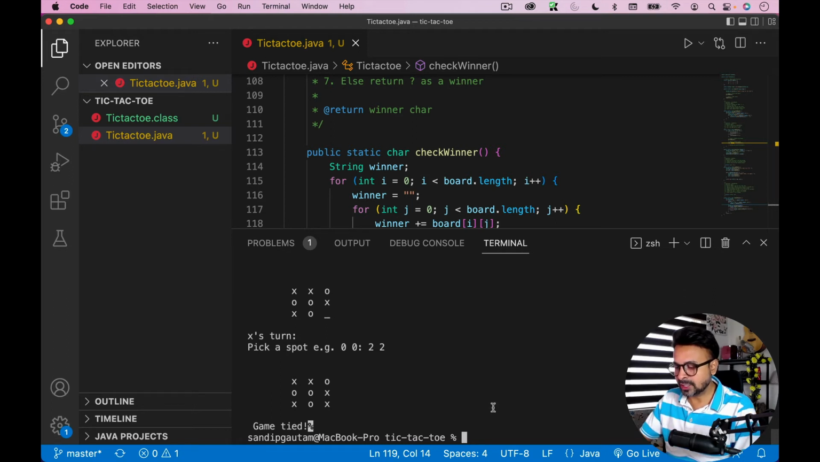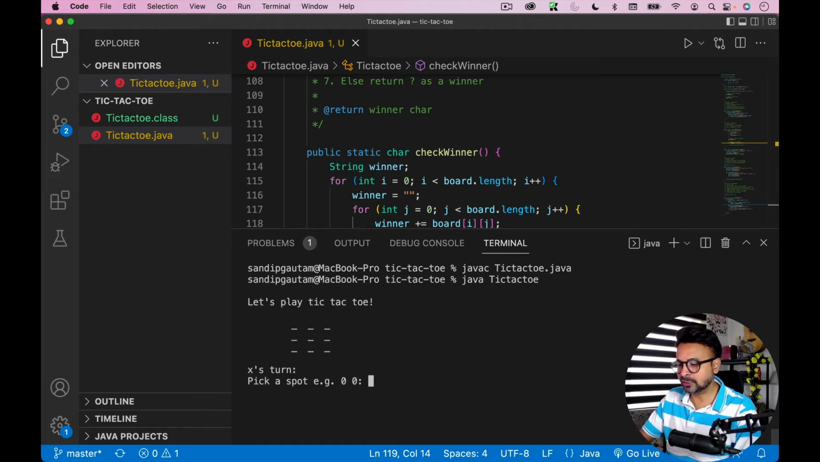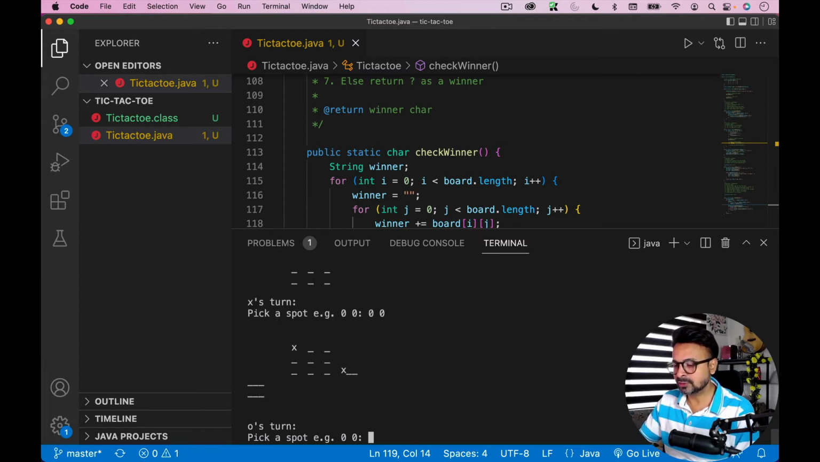So first of all, I need to obviously clear my terminal. Let's do javac tic-tac-toe dot java. Okay, it compiled. That's good. Let's run it. Okay, let's play. So let's go with the situation where I'm going to fill all the X values in the first row. Okay, so I'll take 0 and 0. See that we got